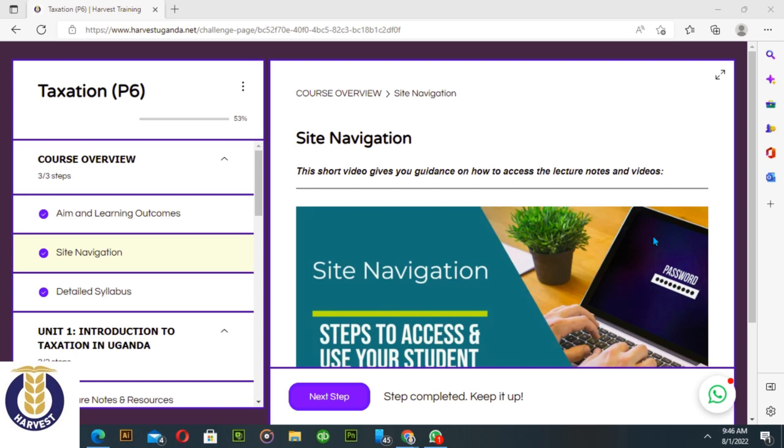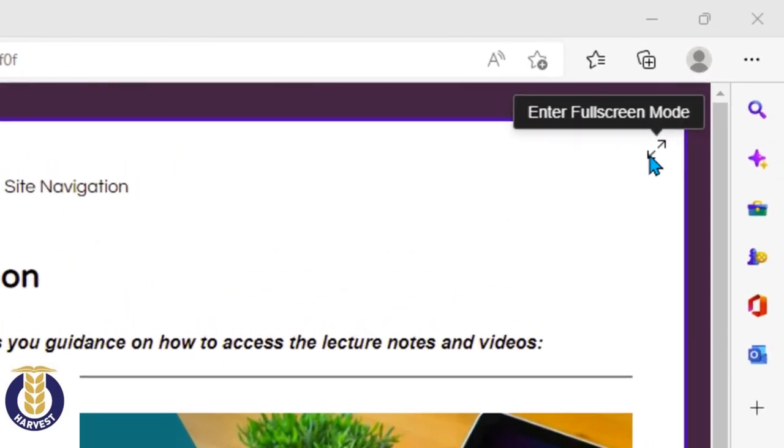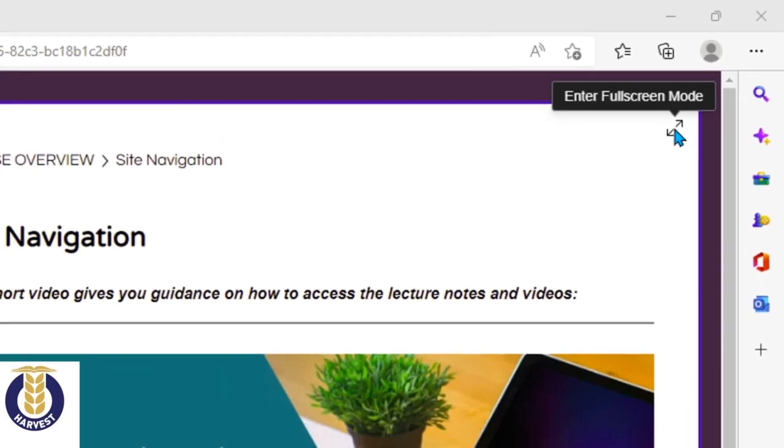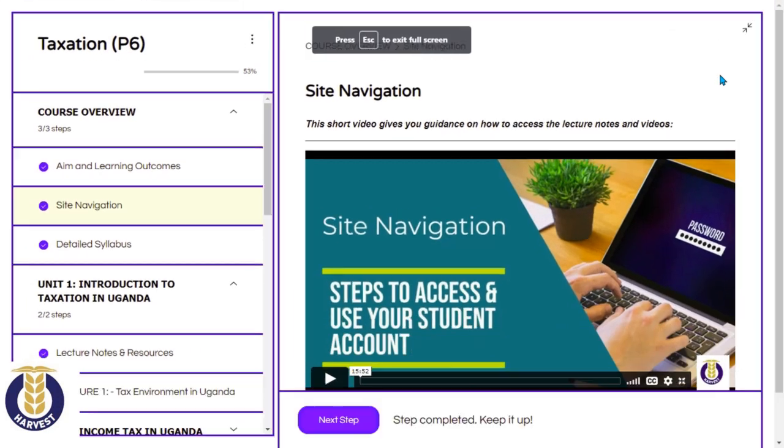If it is your first time here, I welcome you, and of course I want you to begin by maximizing this contents page. You have just landed at the contents page, so come here on this button and click on these two arrows. When you click on them, your contents page is going to enter into the full screen mode. So when you reach this stage, it means that you can access most of the resources, most of the notes